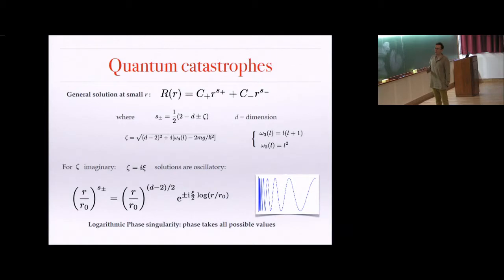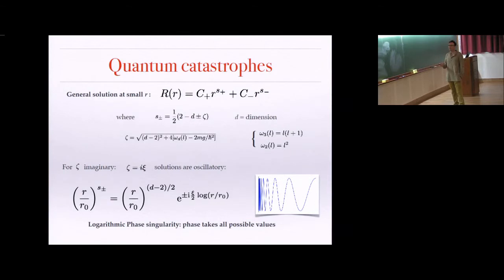Then we can have a divergent amplitude depending on the dimension. So d here is a dimension. In 2 dimensions, actually this part goes to what you... the rest of it has this r to the power of some complex power, which you can rewrite in terms of an exponential of a log. And this means that the phase of the wave is undergoing a logarithmic singularity as it